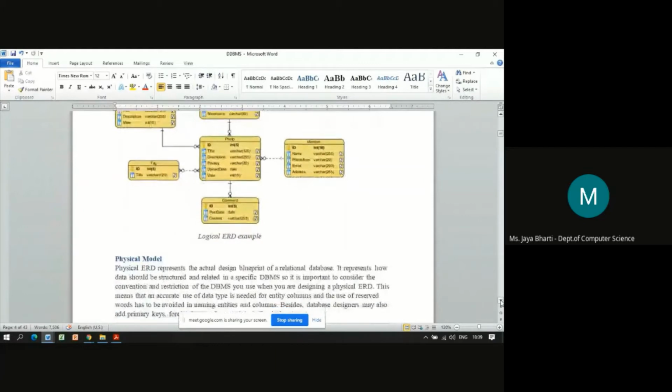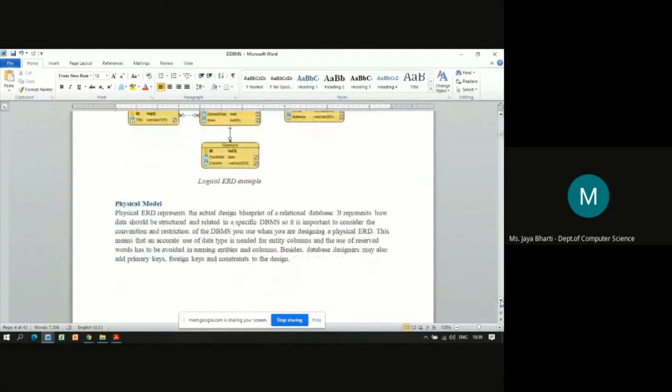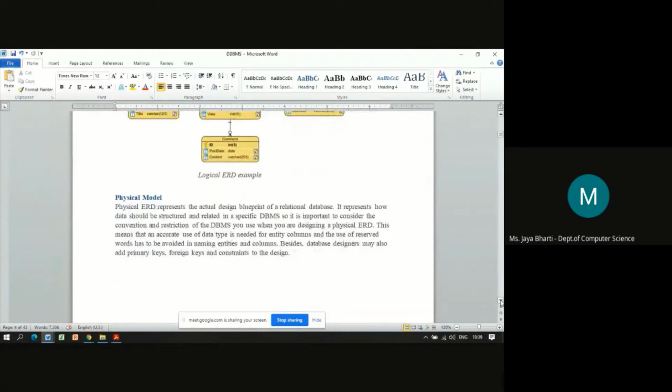Then the physical model. The physical ERD represents the actual design of the relational database, along with the values. That is, at the physical level it refers to the actual data. It represents how data should be structured and related in a specific database management system.